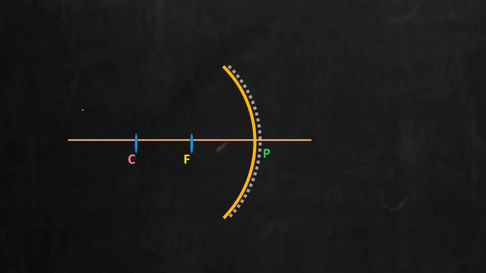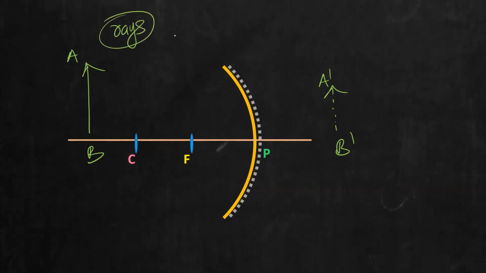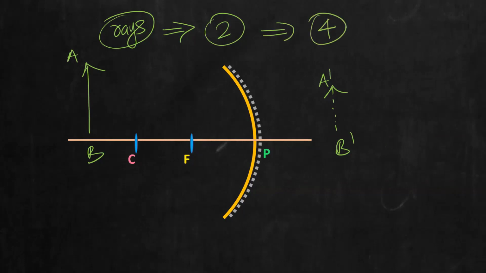General things before drawing the ray diagram. As I told, whenever you draw an object, we'll draw an upright arrow. This represents the object. And for the image, we will always use what? Dotted lines. And whenever you draw the object, immediately name it AB. Image, you would have to name it A dash, B dash. This is the convention that we follow. Now, this also I have told in the previous class. How many rays should we draw from each object? We should only draw 2 rays. And how many rays do we know to draw? We now know 4 rays to draw. We can draw 4 rays, but for this purpose, I only need 2. So out of these 4 rays, it is your choice to select which are the 2 rays that you want.